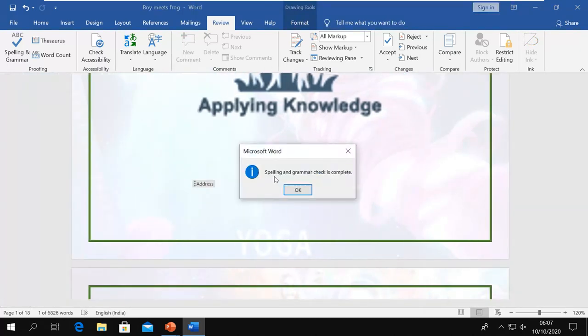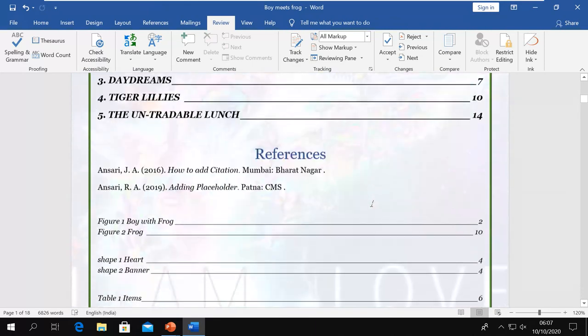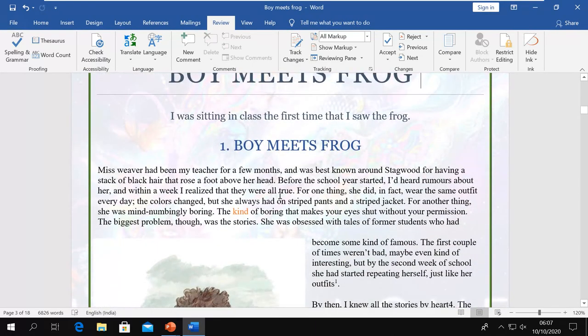And when you are done, it says spelling and grammar check is complete, and now your document is all good to go. And this is what your spelling and grammar command does.